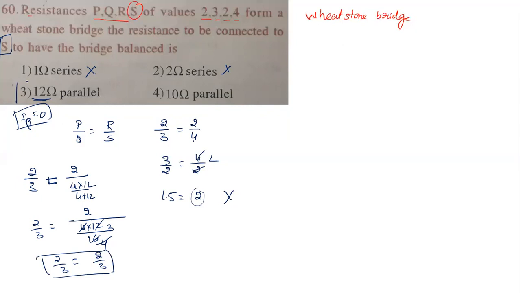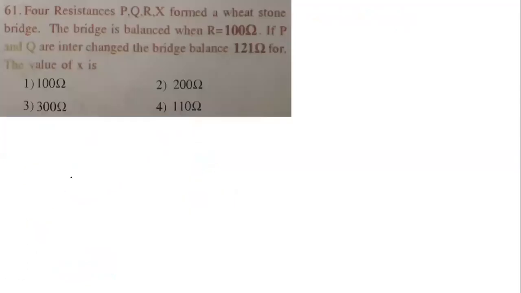So we must connect what now? A 12 ohm resistor in what combination, students? Parallel combination. It's not possible with 10 ohm because it will never balance. So this you are going to take. Keep in mind that the portion which we are going to connect, that we are going to simplify. We should get 3. So is it clear now about this question? Yes. Let's see the next question.